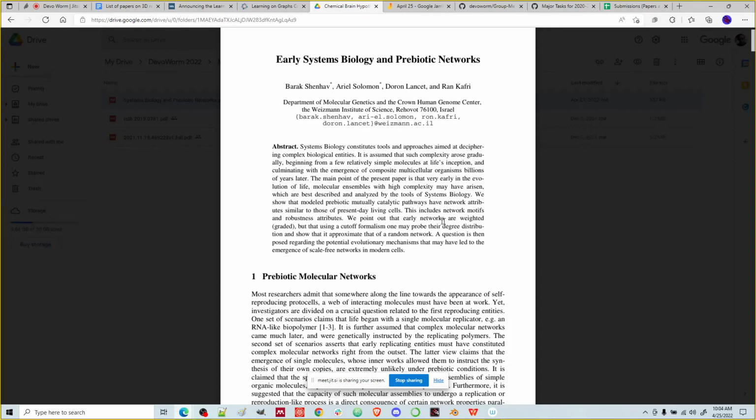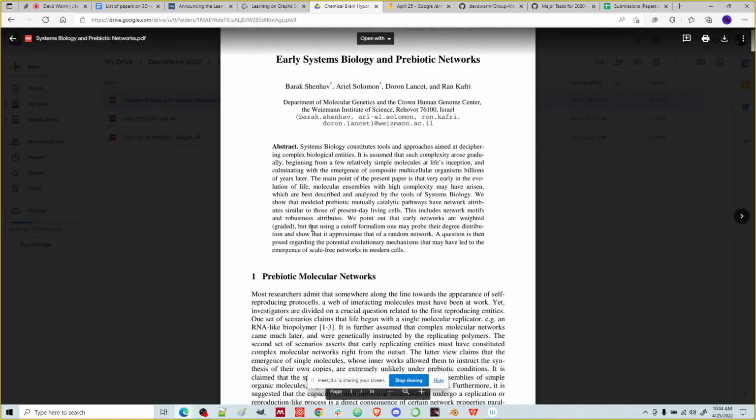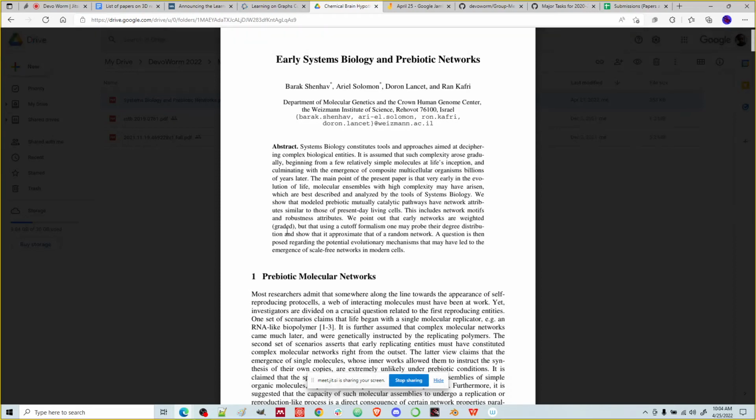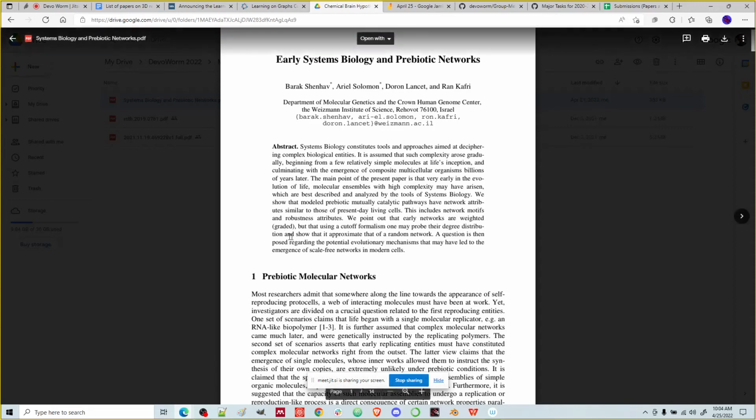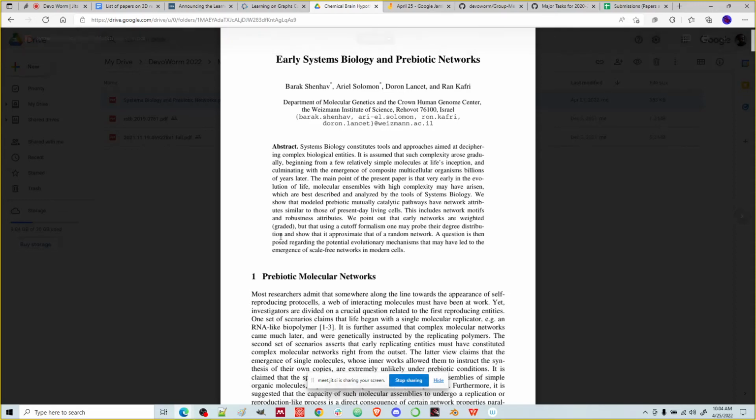We point out that early networks are weighted, graded, meaning that they have some weight to them, so they're not just like binary networks that turn on and off, but that using a cutoff formalism, one may probe their degree distribution, which is sort of the structure of each node, how many connections each node has, and show that it approximates that of a random network. So these actually look like random networks in the random network sense